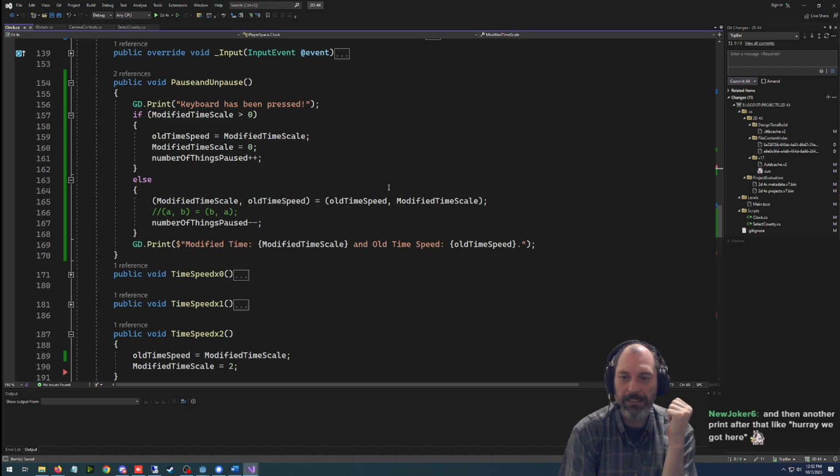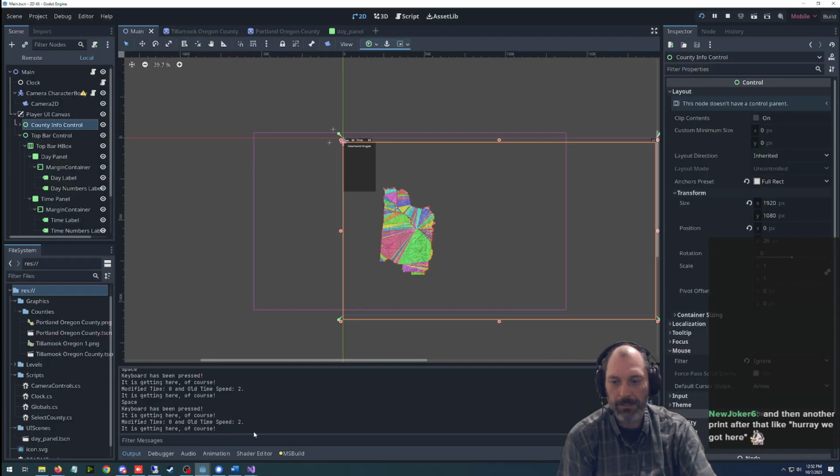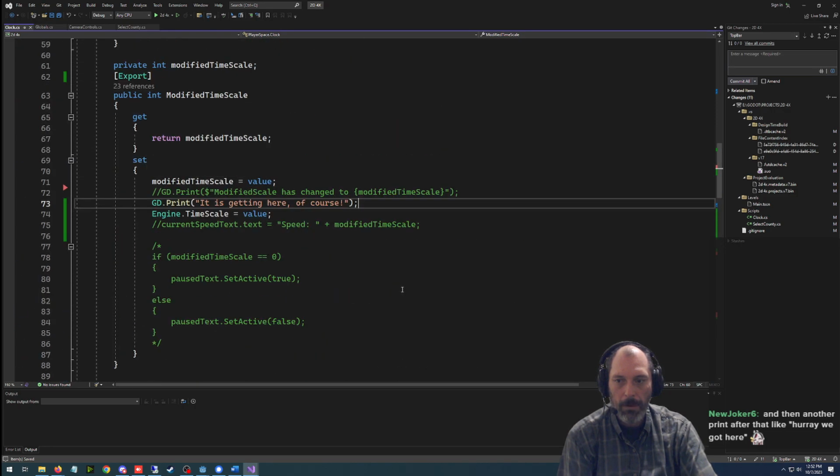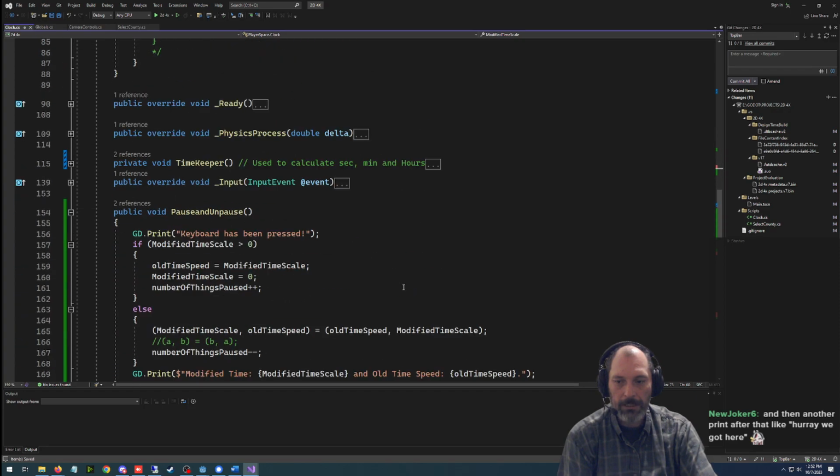Okay, if modified time is greater than zero, old time speed becomes modified time. What is that? What's happening here? Let's look at this. Yes. Well, then why isn't time stopping? What happens if it's not that